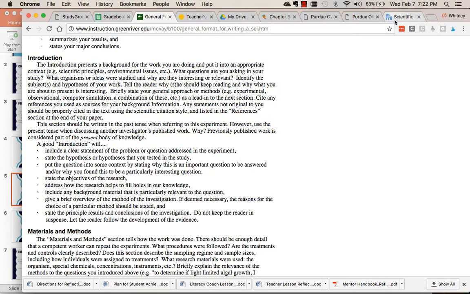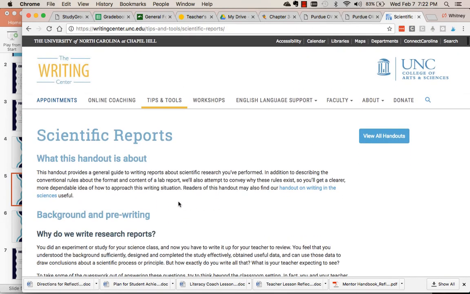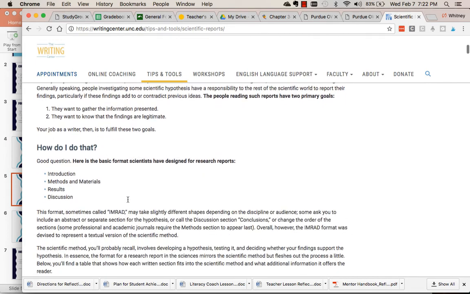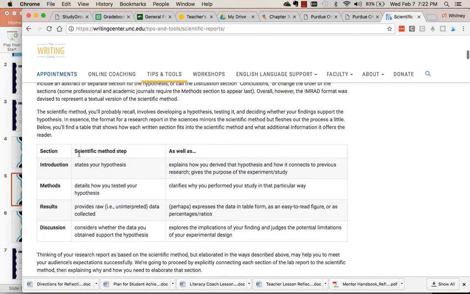Previously, much earlier in the year, I gave you this information, and unfortunately it doesn't look exactly the same as the handout that I printed off for you, but you may remember, hopefully, this chart right here that gives a really brief overview of what each